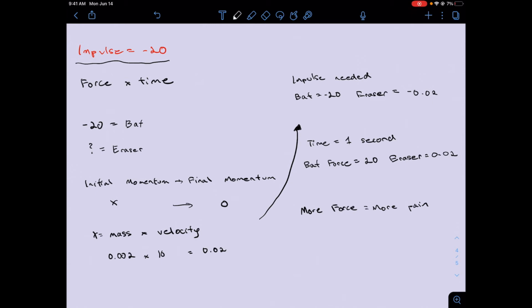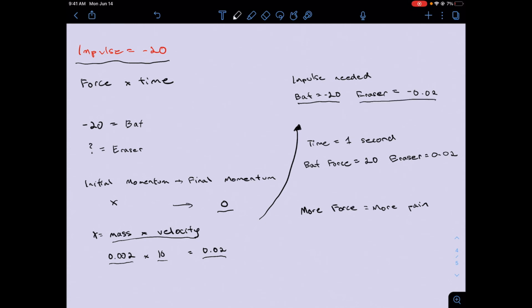But we still don't know what the impulse is for the eraser. Well, since it's the transition from the initial momentum to the final momentum, we just need to find these values. And since we already know 0 is the final momentum for both objects, we just have to find the initial. So for that, we do mass times velocity. And since the eraser weighs 0.002 kilograms and is traveling at the same speed, 10 meters per second, it has an initial momentum of 0.02, which means the impulse, unlike the bat, which is negative 20, for the eraser, it's